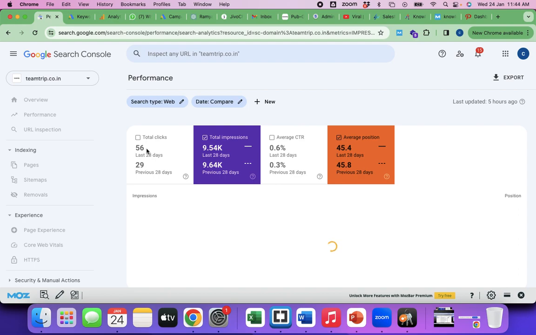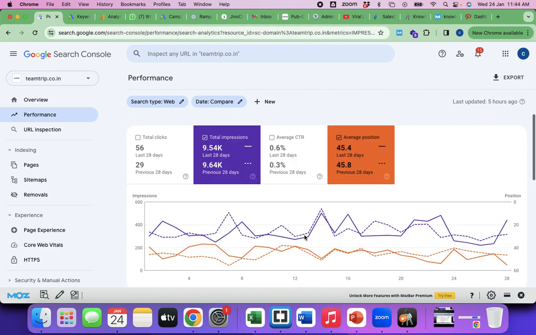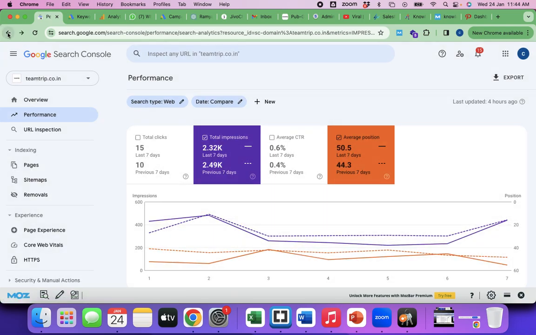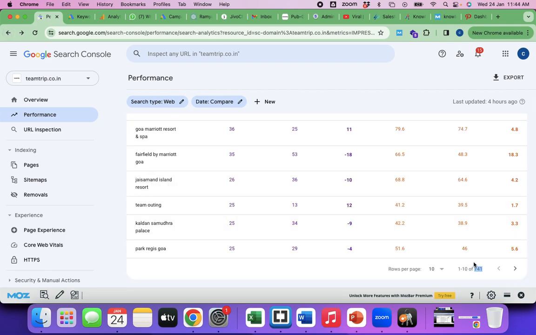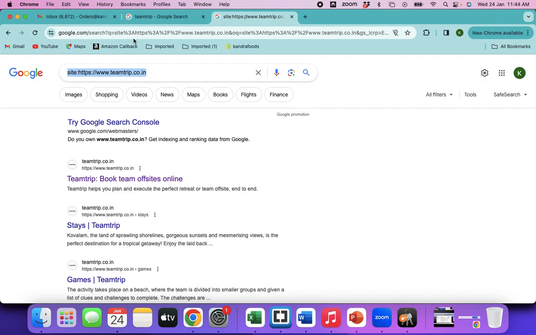See, they are getting only 56 visits every month. So for 28 days, let me go with weekly only. Since that is weekly, we update the tracker on a weekly basis. Okay. So 741 keywords. So we update that number here.